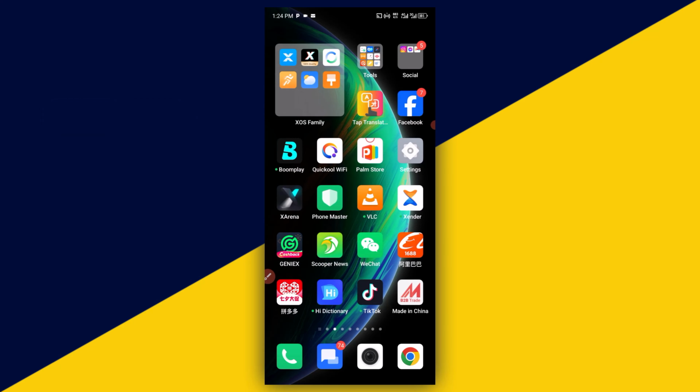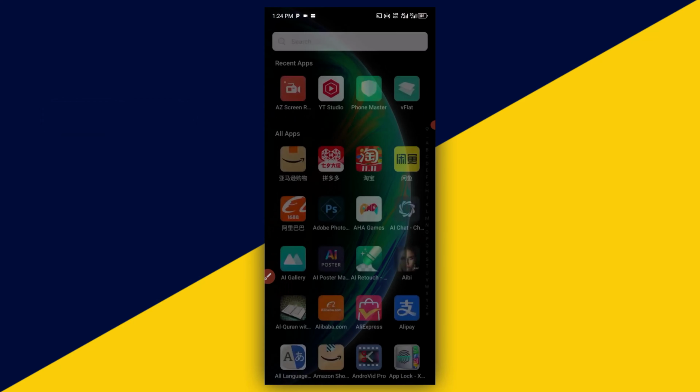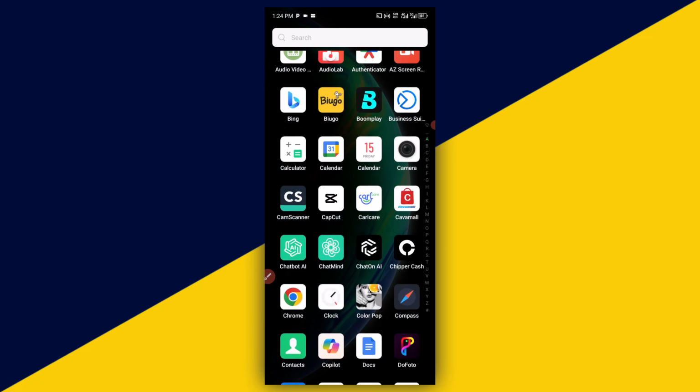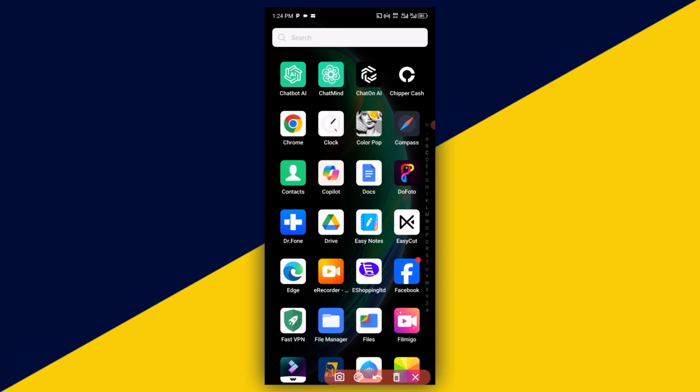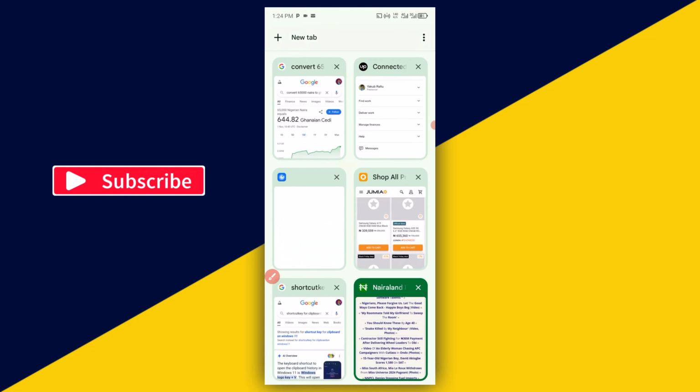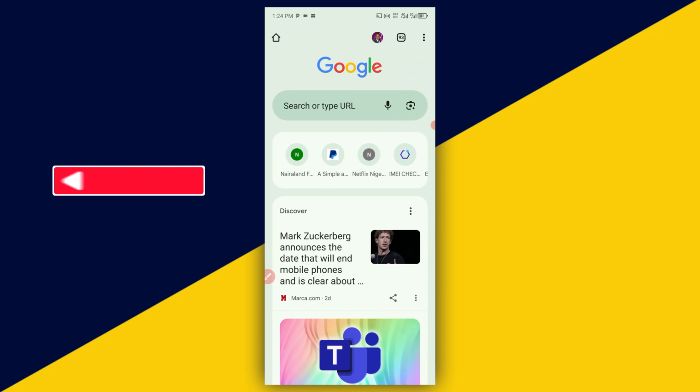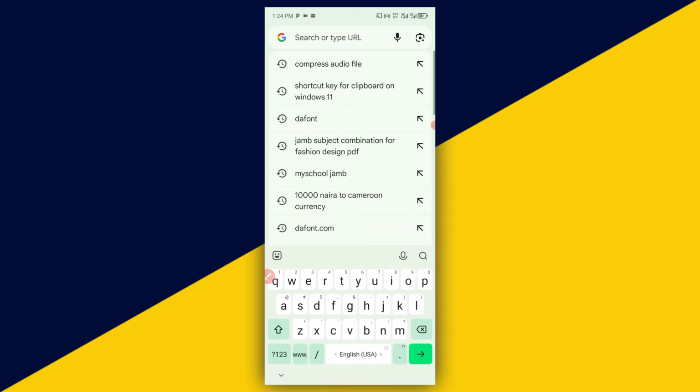So with that being said, let's get started. The very first thing you need to do is to head over to your Chrome browser. If you are using Android phone or you are using iPhone, just go to your Chrome browser. And having opened up your Chrome browser, then click on here to make a new tab. Then the next thing you need to do is to come to the address bar right there and type in